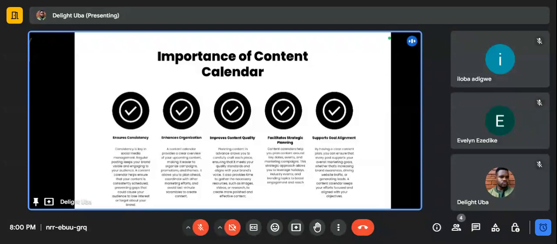A content calendar provides a clear view of your upcoming content, making it easier to organize campaigns, promotions, and themes. It allows you to plan ahead, coordinate with other marketing efforts, and avoid last minute scrambles to create content. So,